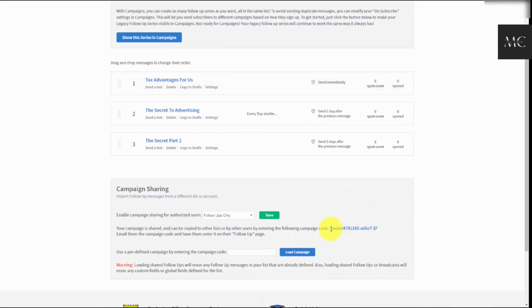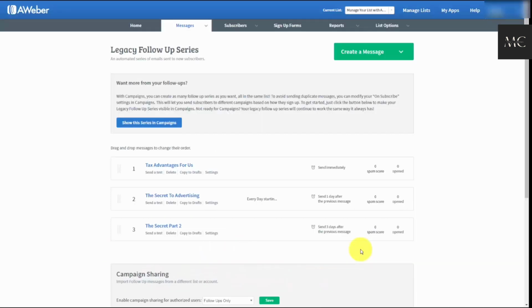What this means is that we can share this campaign code with someone else who wants to use the same messages in their business. And they would do that by coming to their Aweber account and loading that campaign code in this space that says use a predefined campaign code. So the messages that we are